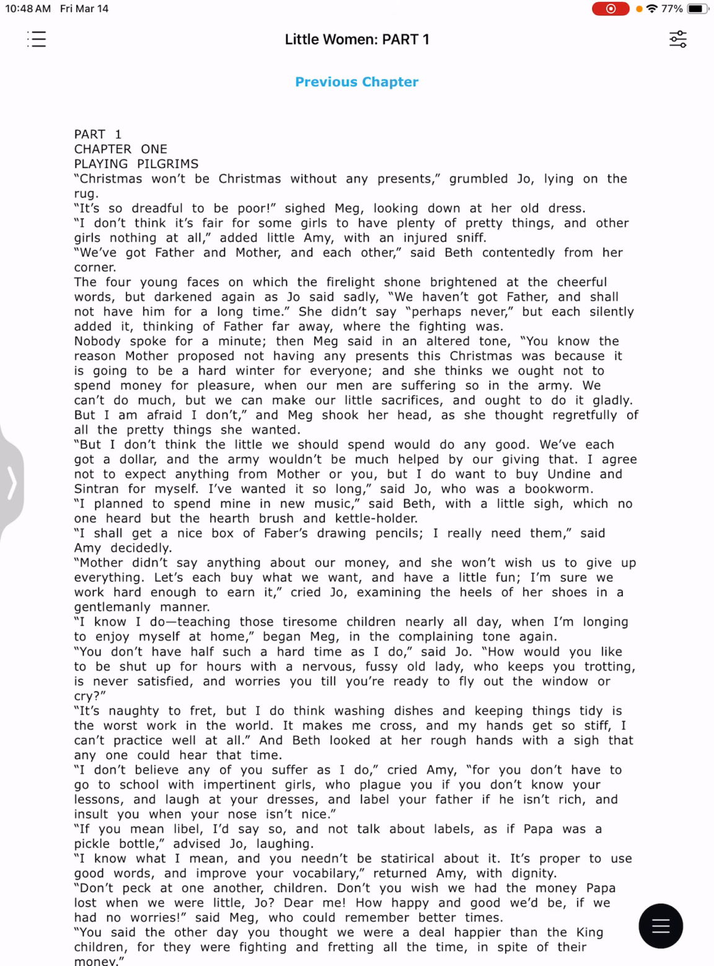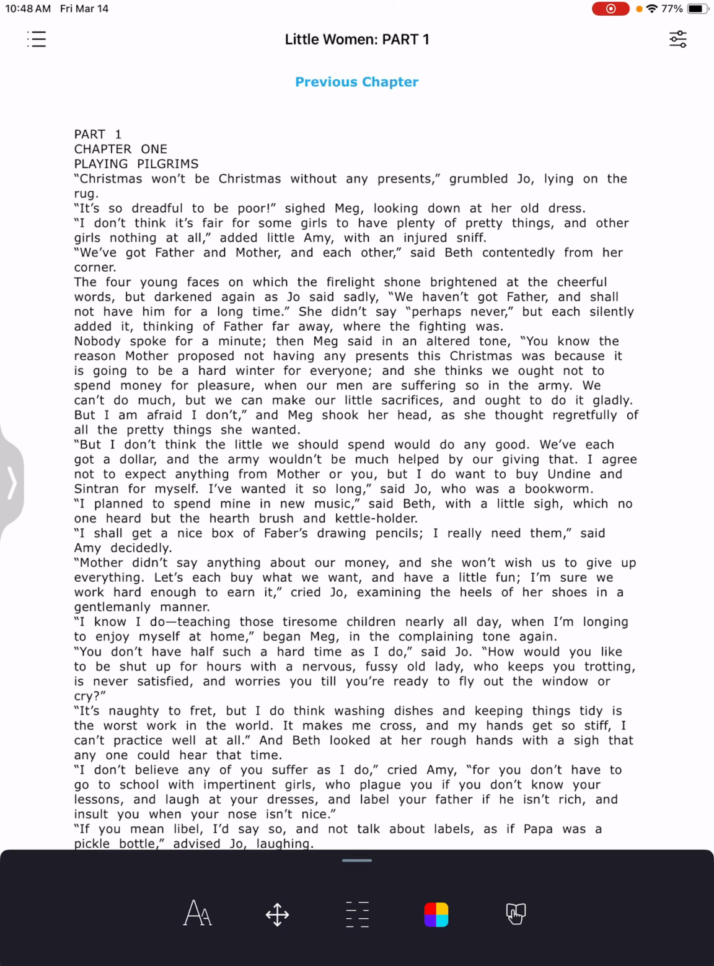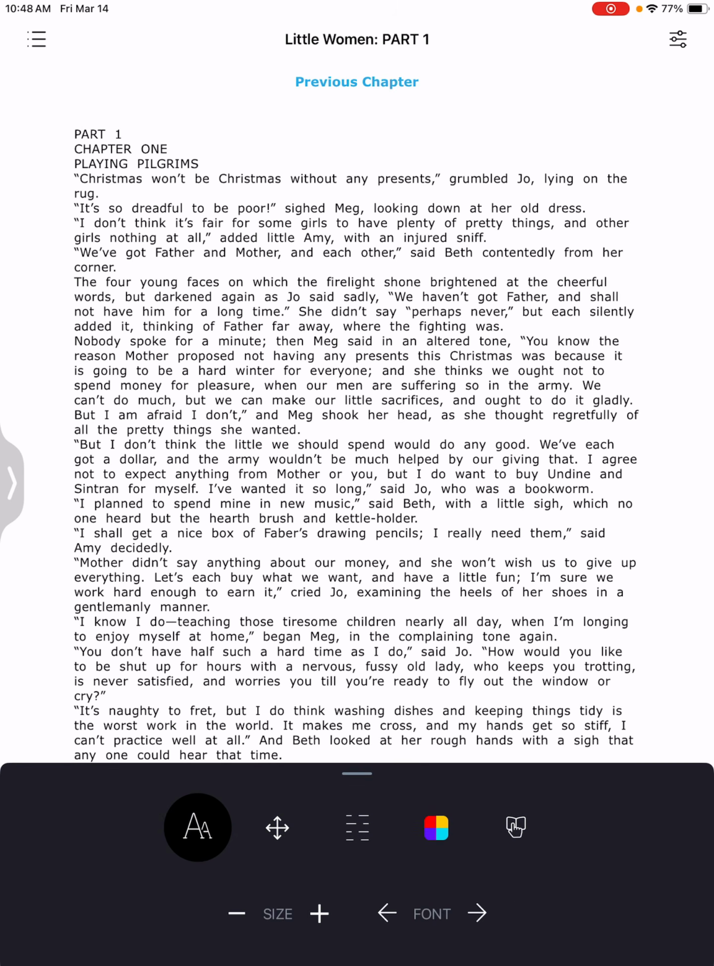Look in the upper right-hand corner, you'll see some little lines with little circles, and if I tap on that, it will bring a bar up at the bottom of the page. There you see 5 different icons. The first, you will see 2 A's, and if you tap on that, it brings up another part of the